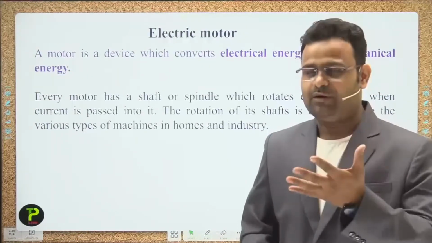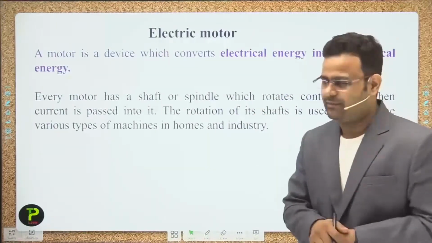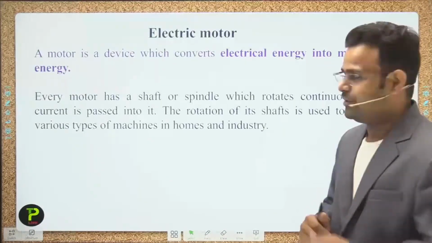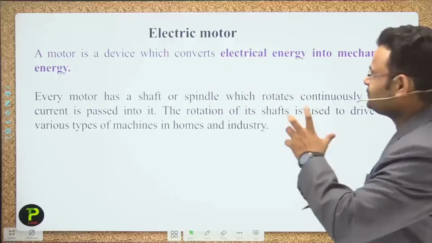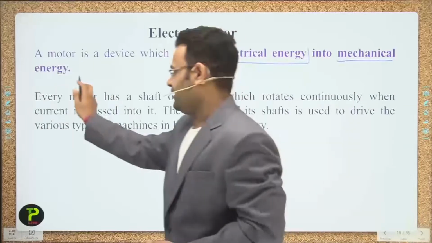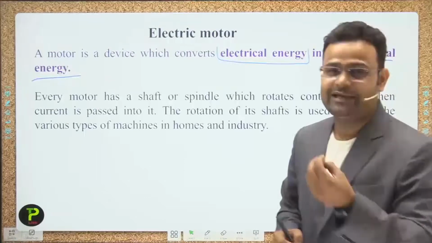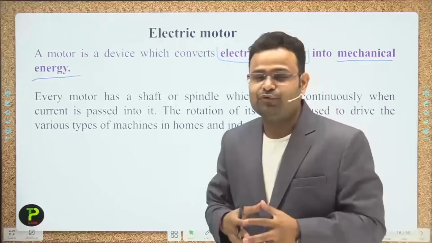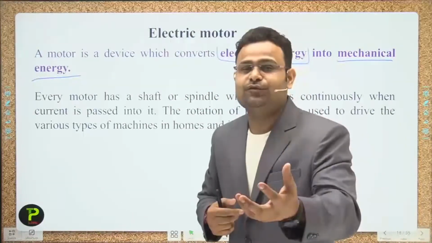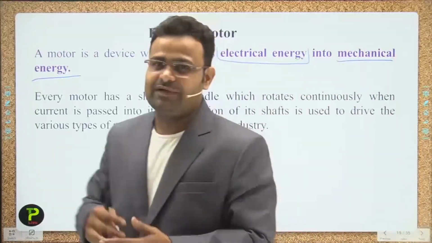Okay, high power motors and low power motors, 1 rpm, 2 rpm, thousands of rpm are available, guys. So what do you mean by rpm? Rounds per minute. Now, a motor is a device which converts electrical energy into mechanical energy. Just like everyone requires food, the motor requires food in the form of electrical energy and gives the output in the form of mechanical energy. Okay guys, by using mechanical energy we can do many works.